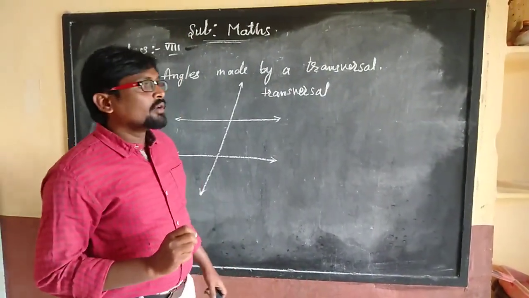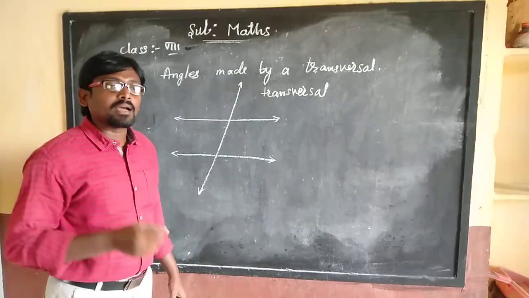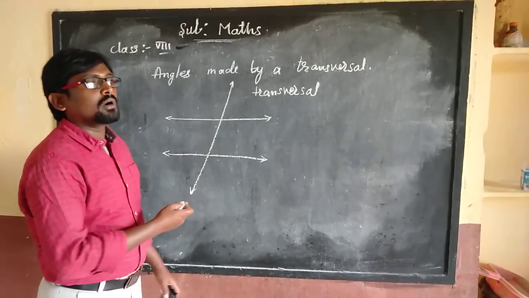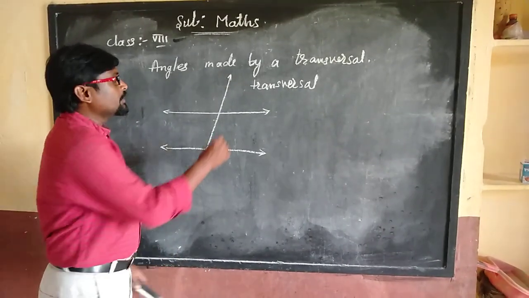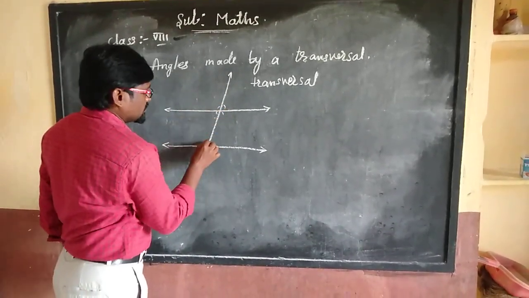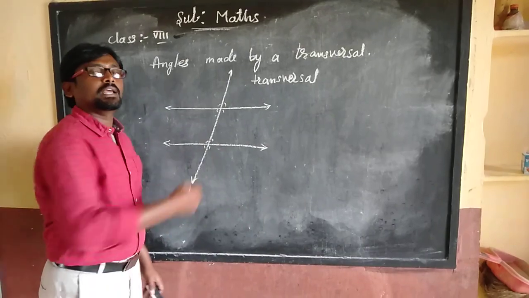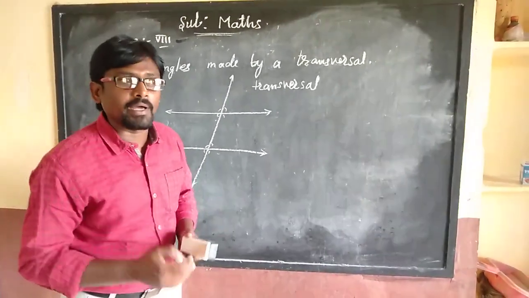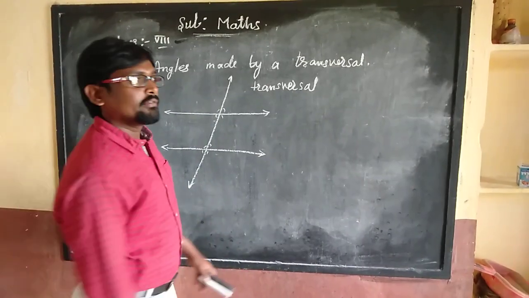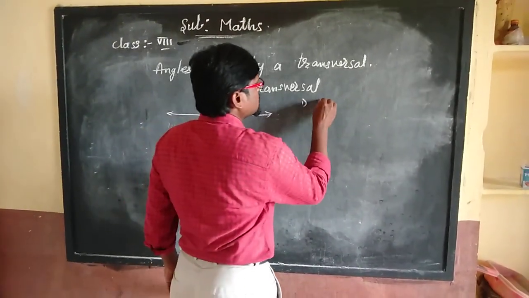Now, we are going to study different angles. Once you draw a transversal passing through the parallel lines, different angles are formed. We can see 8 different angles, and these angles are in different pairs. In what pairs are they? Let us study. The first one is the